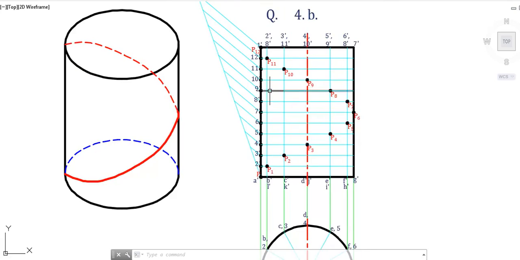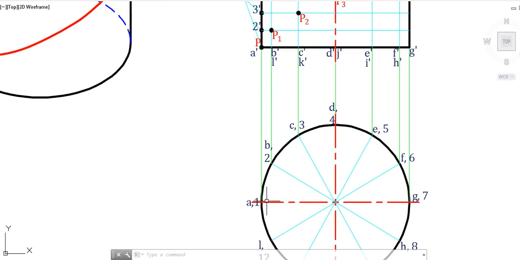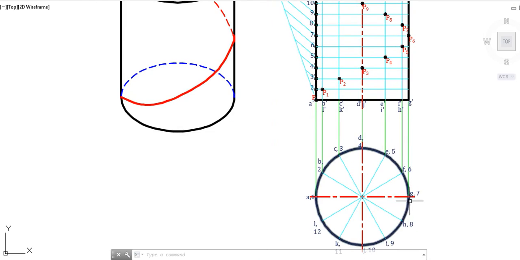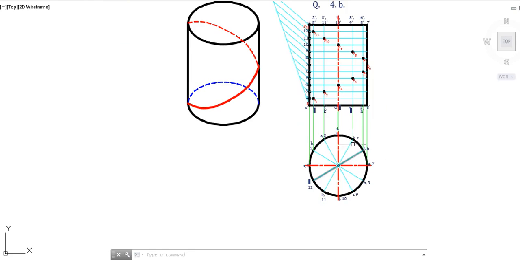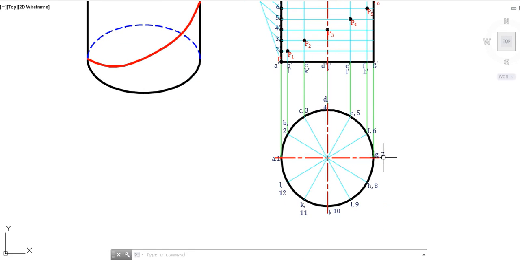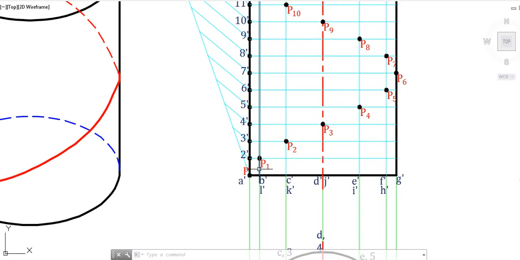The only thing that we need to understand now, which is crucial of course, is that as we have considered the traversal of the point in the clockwise manner, this particular part from 1 to 7 of that particular particle will not be visible to us, and hence for this particular part the path of the particle will be hidden, whereas this particular path will be visible because the generator will be from this side when it comes to the front view, and hence from 7 to 1 we will be able to see the path, but between 1 to 7 the path will be hidden.